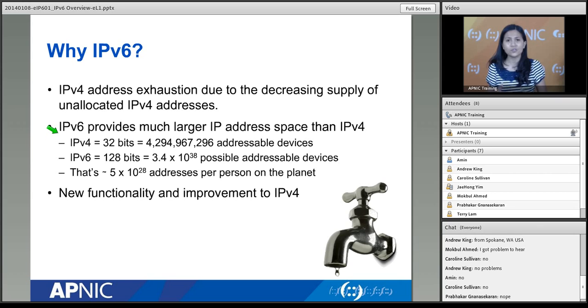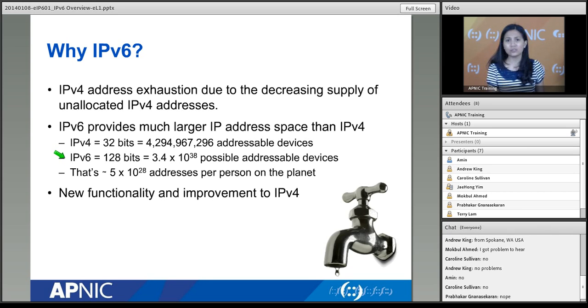It provides you with a much larger IP address space. We have mentioned that IPv4 has 32 bits in its address, which gives us a maximum of 4.3 billion possible addresses. With IPv6, we are using 128 bits. So from 32, the address is increased by 4.